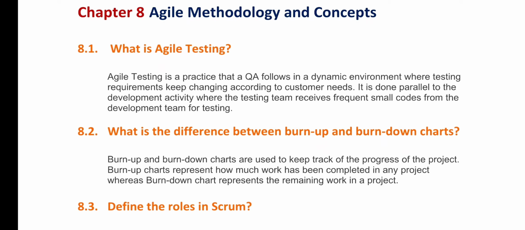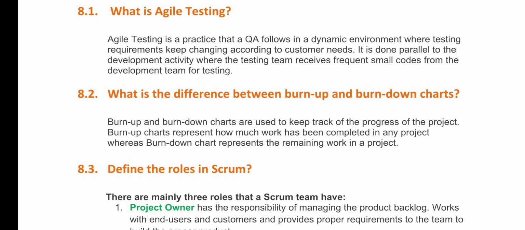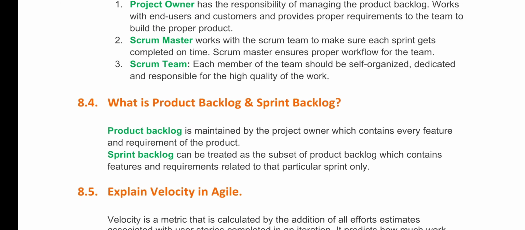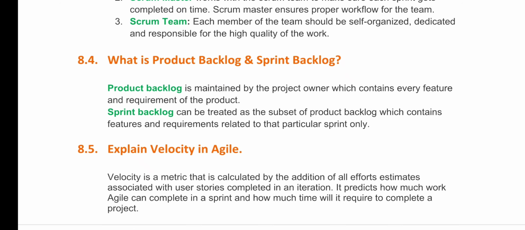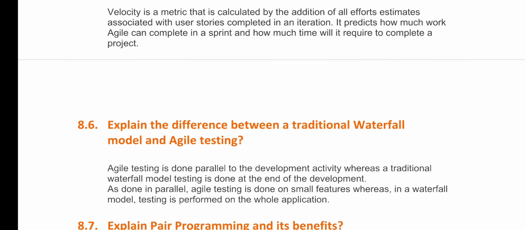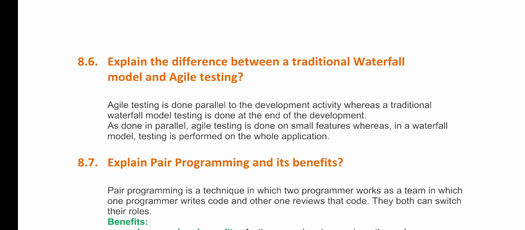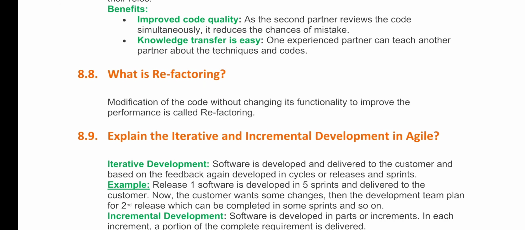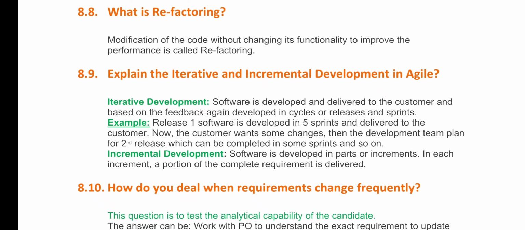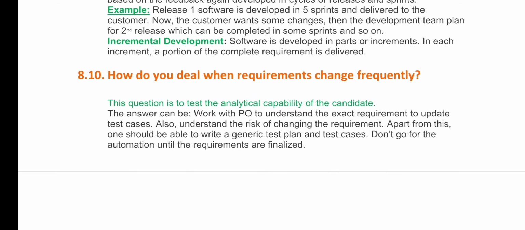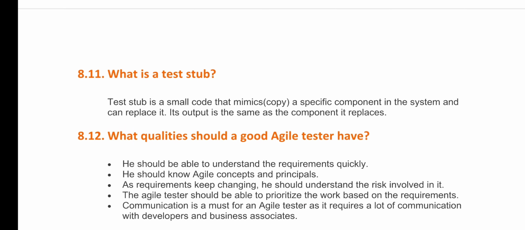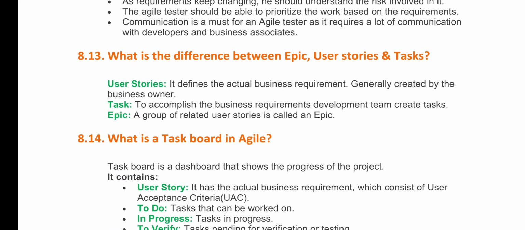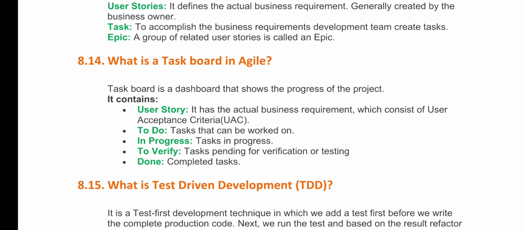In chapter 8, we have discussed about the agile methodology and concepts. Here we have discussed about what is agile testing, what's the difference between burn up and burn down charts, define the roles in Scrum, what is a product backlog and sprint backlog, explain the velocity in agile, difference between traditional waterfall model and agile testing, explain the pair programming and its benefits, what is refactoring, explain the iterative and incremental development in agile, how do you deal when requirements change frequently, what is a test stub, what qualities should a good agile tester have, what is the difference between epic, user stories and tasks,